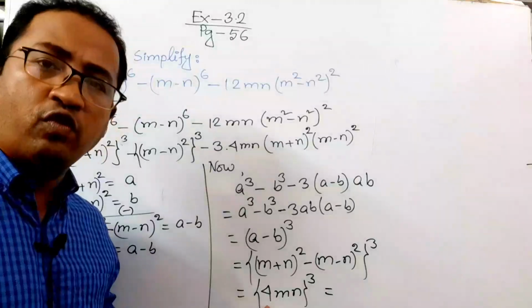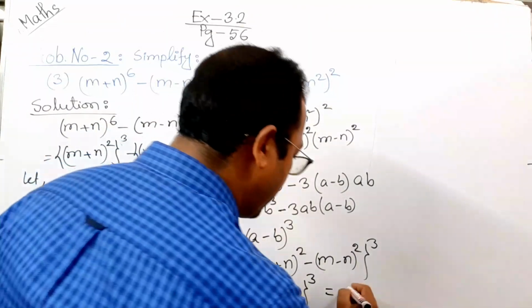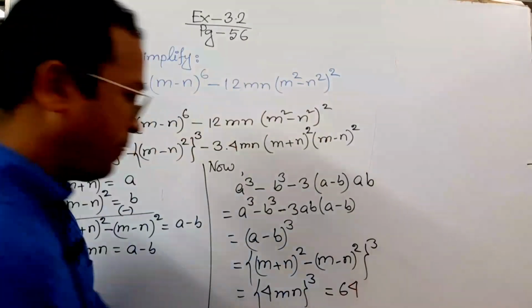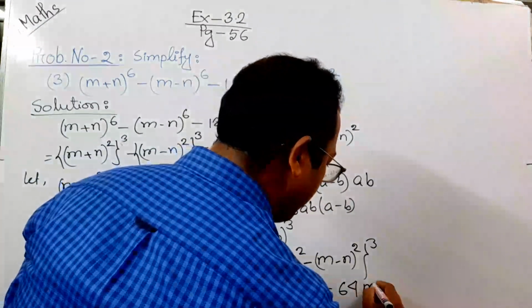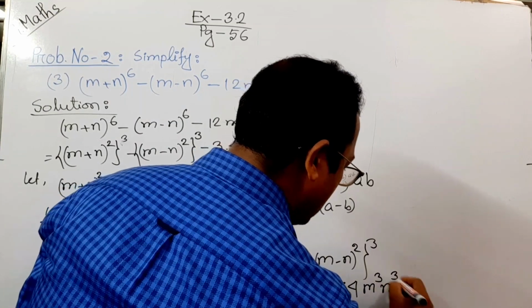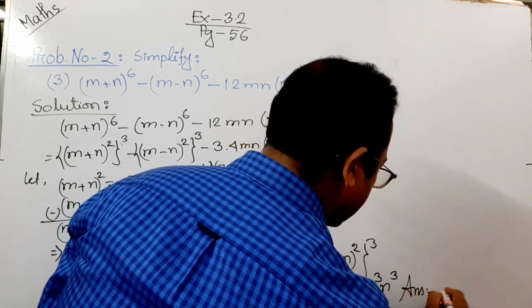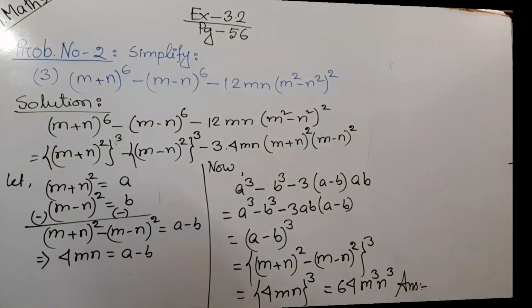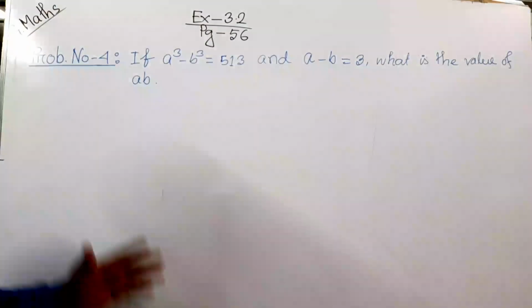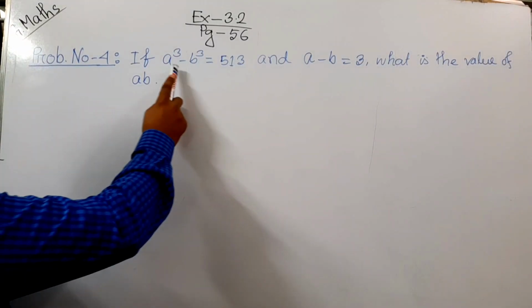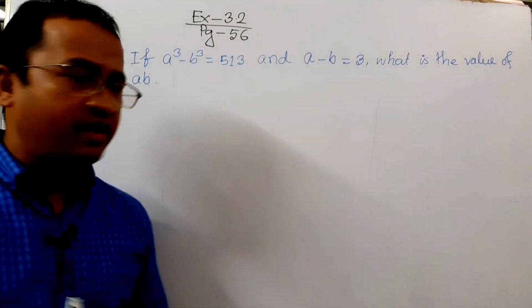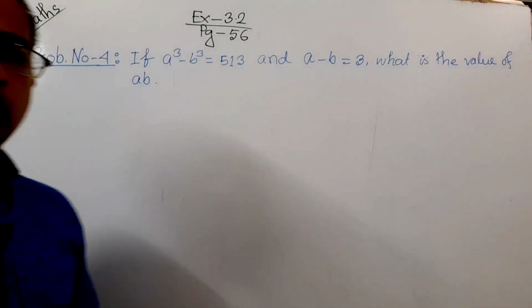What is the cube of 4? 64. 4 cube is equal to 64, and that is m cube n cube. So this is the simplified answer of question number 3. Now problem number 4. If a cube minus b cube equal to 513 and a minus b equal to 3,